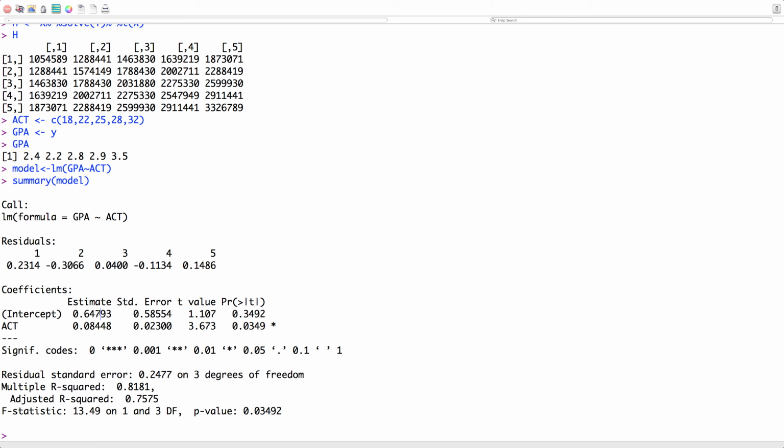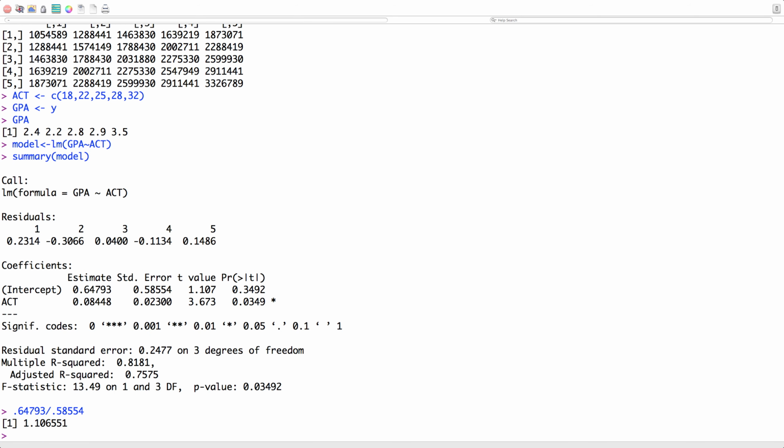And these values are going to be really easy to find out here because remember the t-value is just the estimate, in this case 0.64793 divided by its standard error. And just go ahead and verify that. I'll tell you what, let's just do it down here. 0.64793 divided by 0.58554